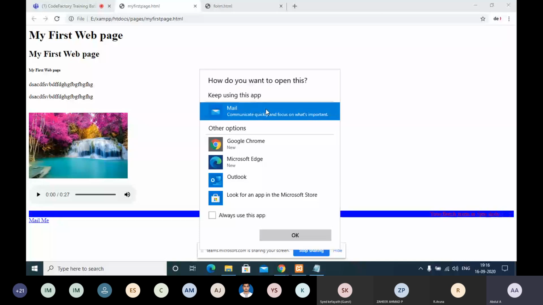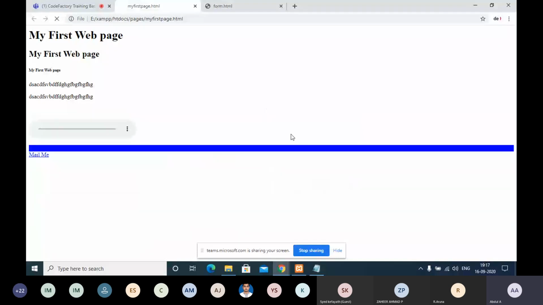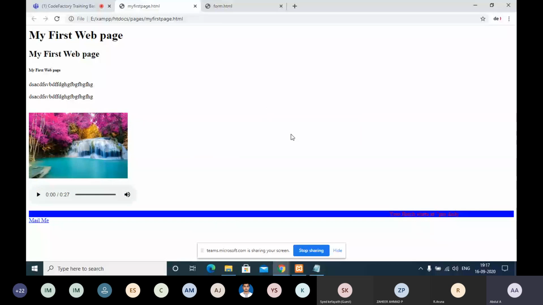But we are calling it by a function called mailto colon some mail address, info@codefactory.in. Yesterday we gave an external URL, and then an internal file URL. Now we are giving an email address, so it will automatically take you to the mail app.